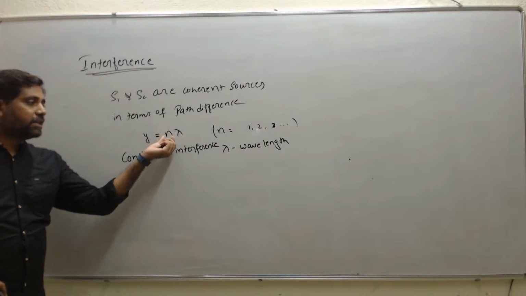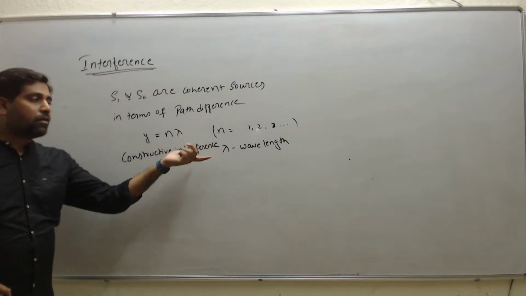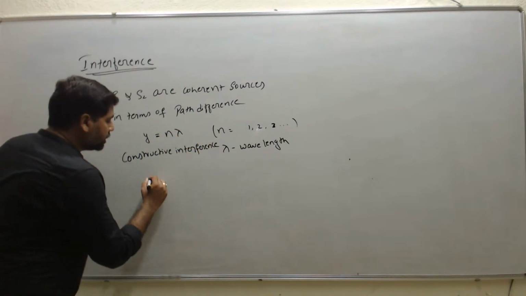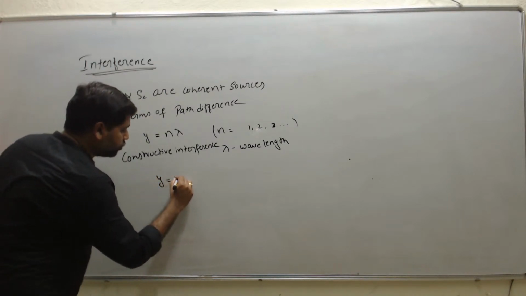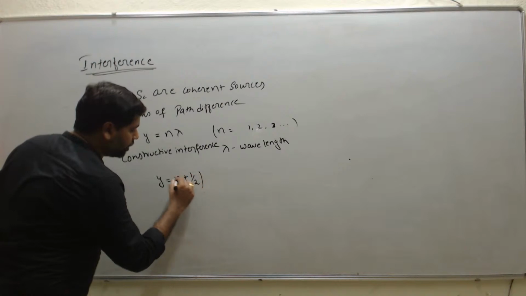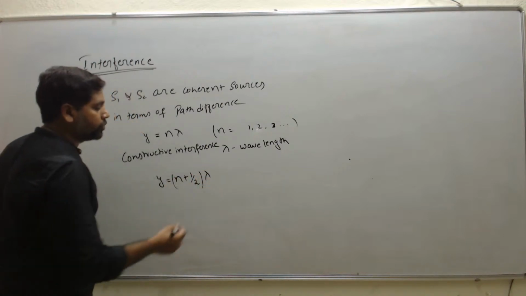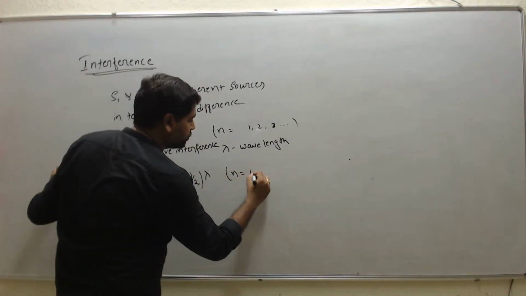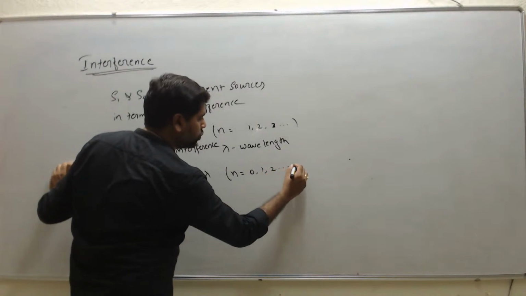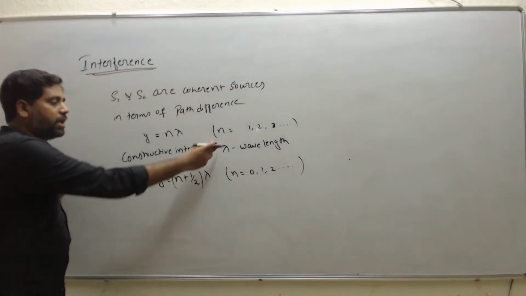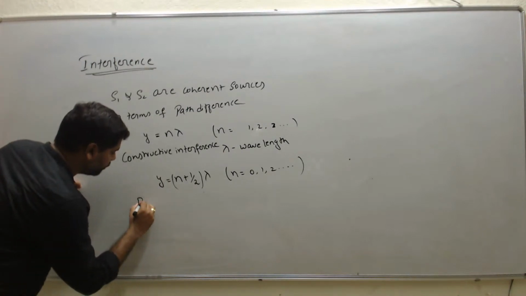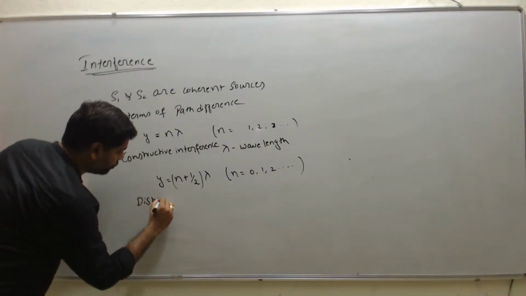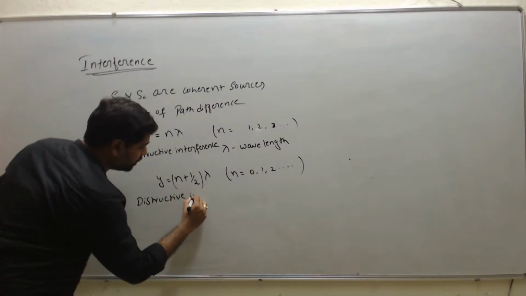Here n is the integer value, where lambda is the wavelength. So for destructive interference, y is equal to n plus 1 by 2 into lambda, where n varies from 0, 1, 2, like this. Here the lambda is the same, then here it gives destructive